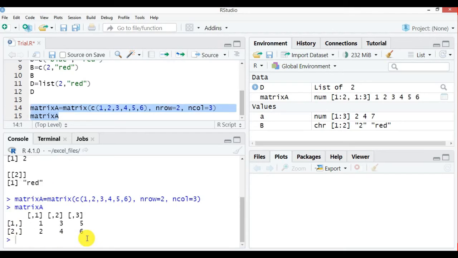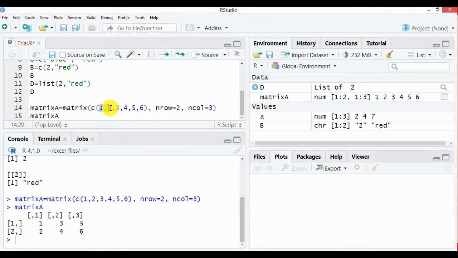How has it taken them? It has placed these 6 numbers in 2 rows and 3 columns. But how has it read these numbers? You need to see that. It has started filling these numbers column wise.